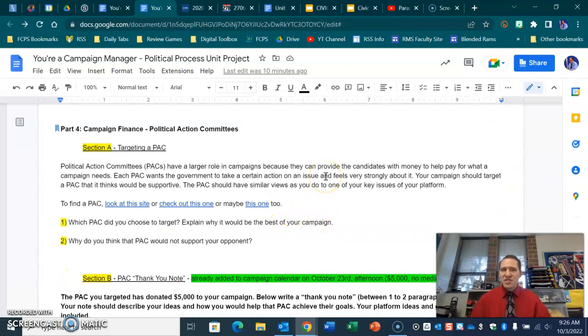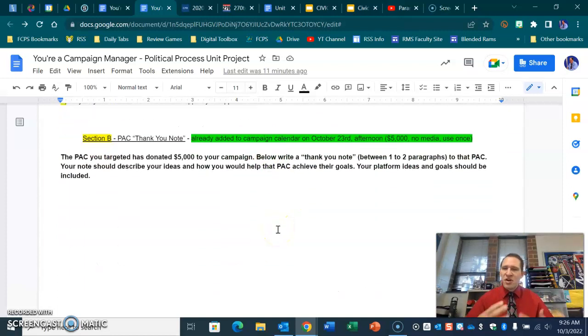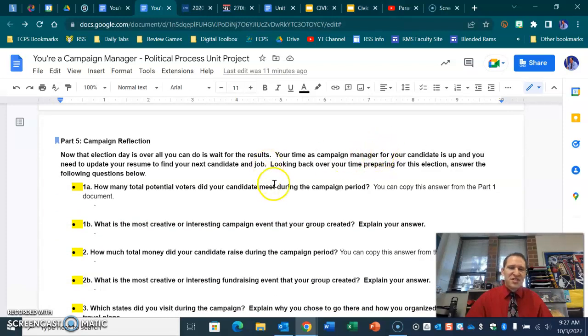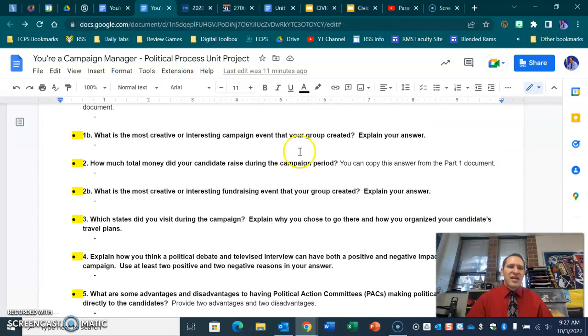Another group member might do this section, part 4, the campaign finance. Find a political action committee that aligns with your party's views on the topic, and explain why you targeted them, and then write a nice, concise 1 to 2 paragraph thank you note for their $5,000 donation, and what they're going to use that money towards, how it's going to help their campaign, right? And then the 5th section is the campaign reflection, and these are just questions that come from